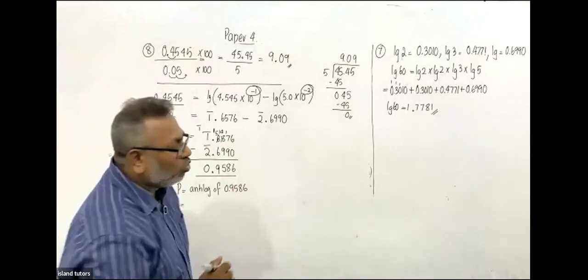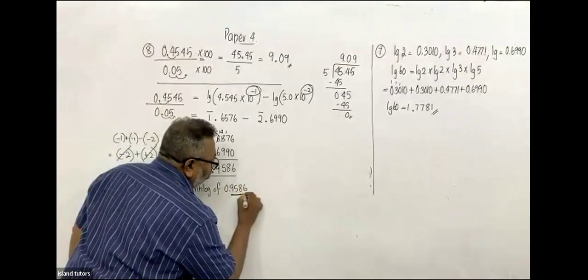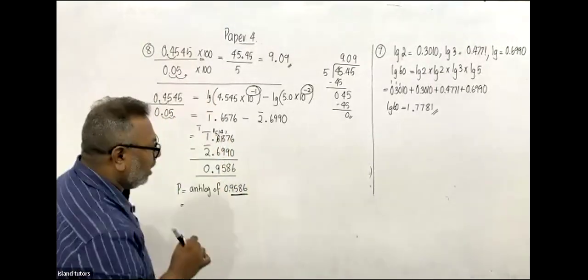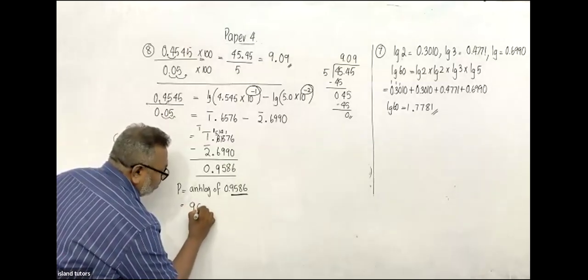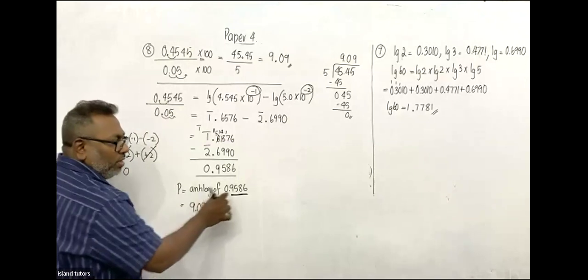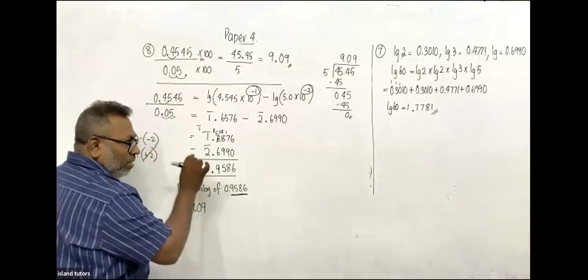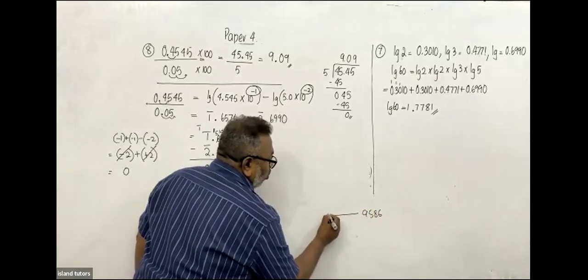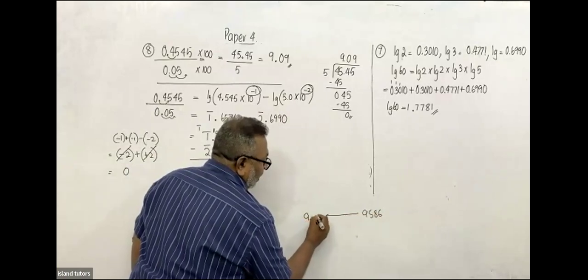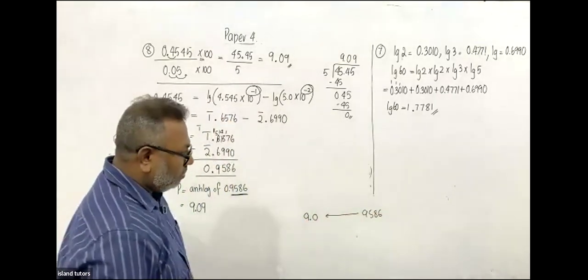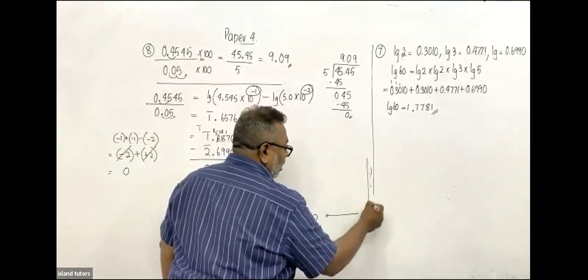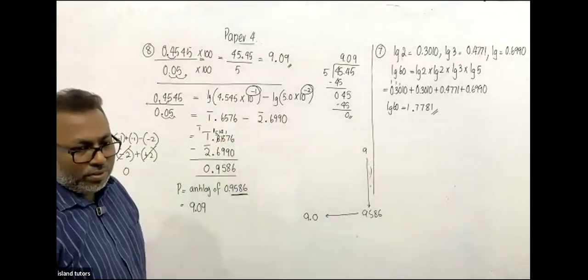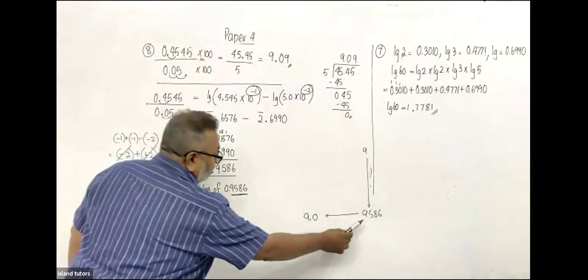Right? 9586, you go look inside the log table, look for 9586. You will get a value of 9.09. If you take the log table, you will find 9586 somewhere here. If you go in the column, you will get 9.0 here. And when you come down here, you will get a value of 9, something like that. Okay, so 9.09 is